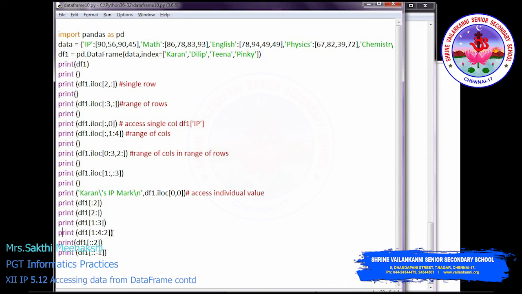So next one we have [1:3], from the first to 3. So 0, 1 is Dilip, and we have to exclude 3, right? 0, 1, 2 and then 3. So Dilip and Tina. So this is Dilip and Tina's records. Okay, so then we have [1:4:2], but we are stepping forward 2 steps. So 0, 1, Dilip till Pinky. Pinky will also be included, because we are using 4, so till the third index the results will be included. Since we are passing 2 steps forward, we will get only Dilip and then Pinky.